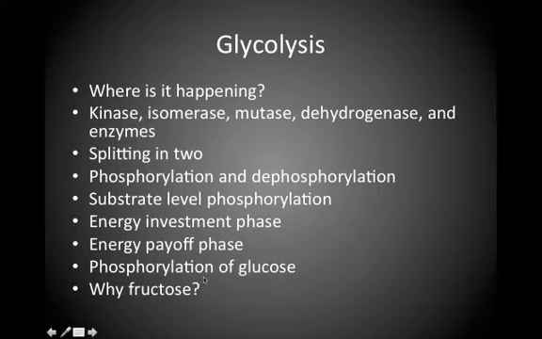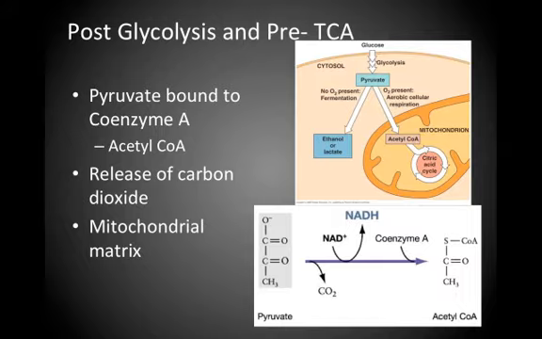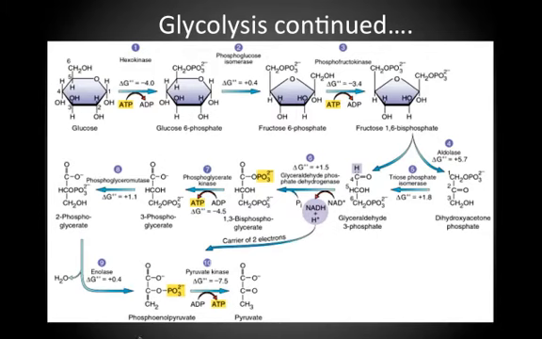Why do we phosphorylate glucose? What are some things that help? Why make things into fructose? Why is pyruvate our ending molecule? All this stuff is very important and rounds us out. And before we actually get into the next phase,